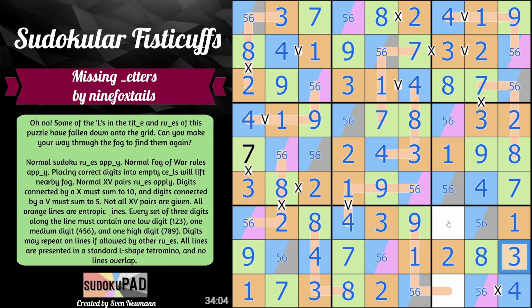And then we need to place 7 and 9. This becomes 7. This becomes 9. This becomes 9. And we are almost done. Are you ready? So,